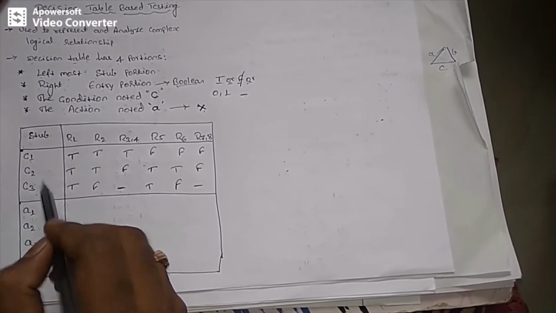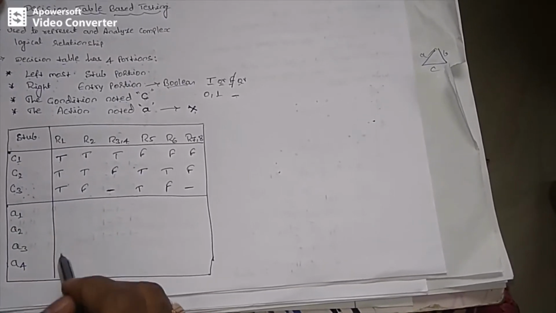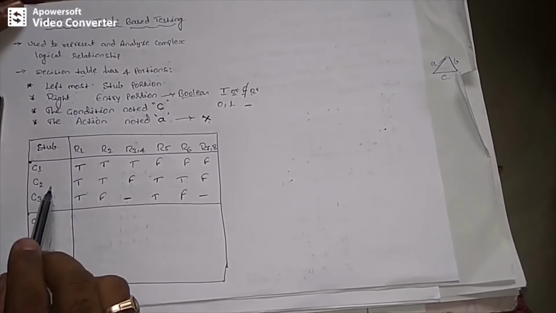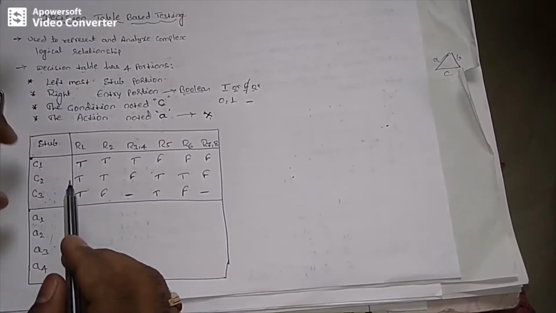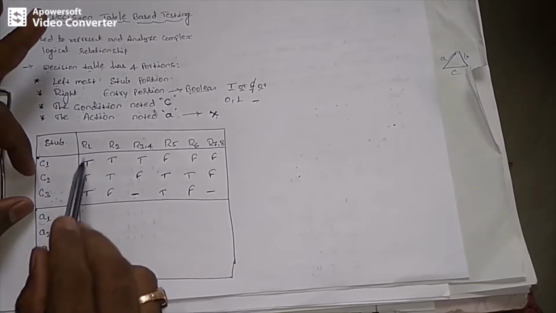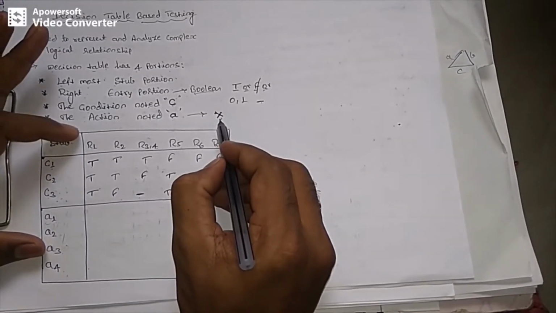Here conditions will act as the conditions of the program. If these conditions are satisfied, based on these values, what expected output result are we going to get from the action? Actions are nothing but outputs, conditions are nothing but inputs, like for a given program. If these conditions are true for rule 1, then what will be the expected output result? Either A1 or A2 or A3 or A4. Based on that, we need to put a cross mark.